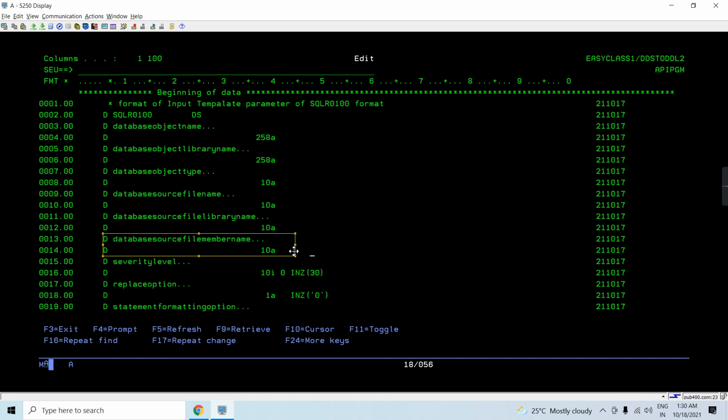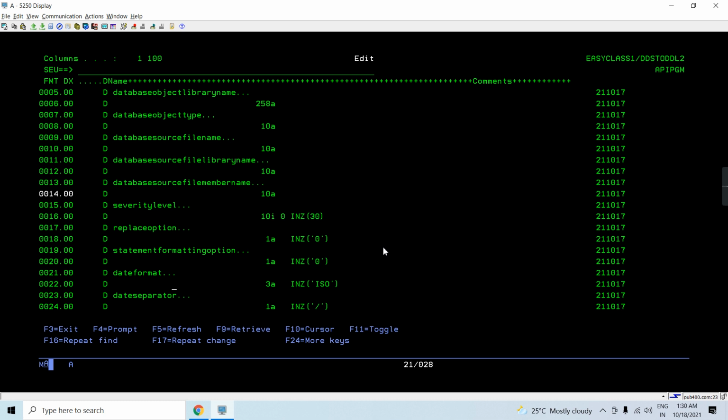So we can have another separate program, or another separate set of logic, which creates this source member first in that source physical file library which we are passing as an input to this DS. So basically this has to be present before we are going to call this API.